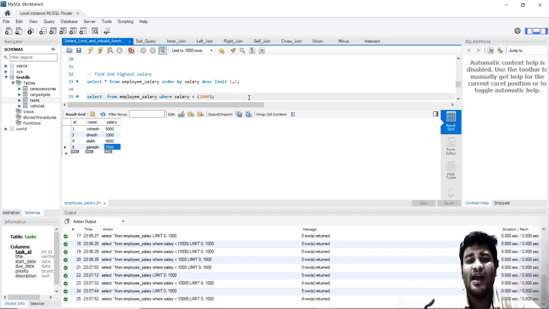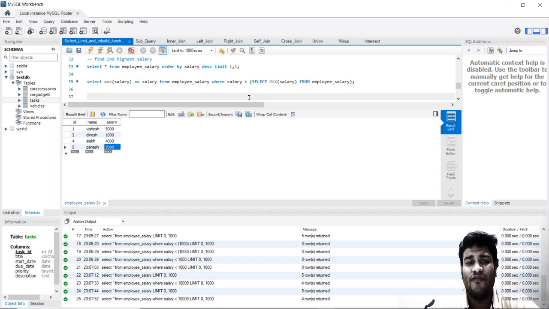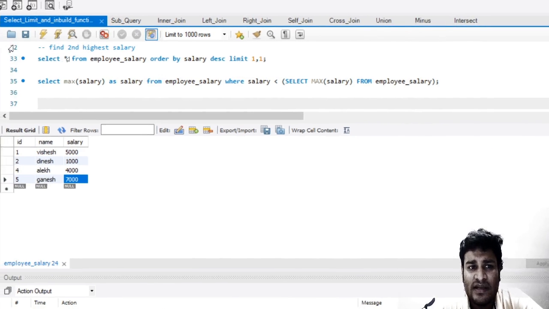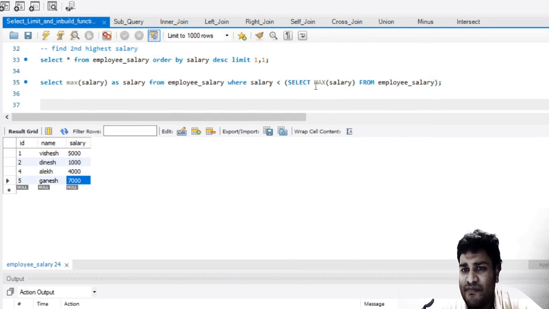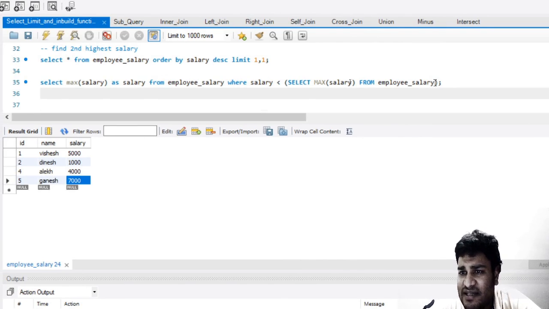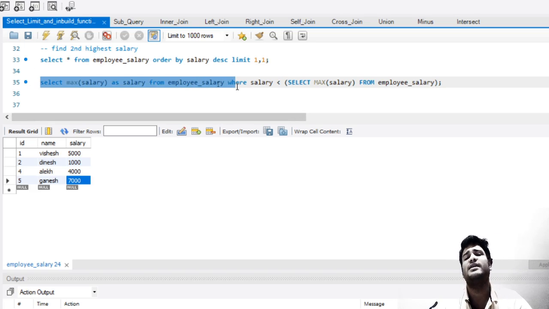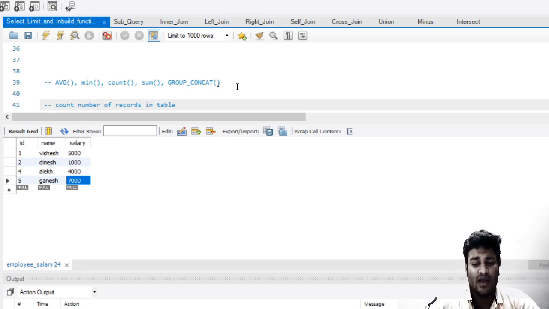So when we are making use of subqueries and multiple queries within a statement, we should make sure that we first identify what the inner statement does and then we move on to the outer statement. So this is nothing but a subquery, which we will talk more about in the next class. So this brings this chapter to a close.